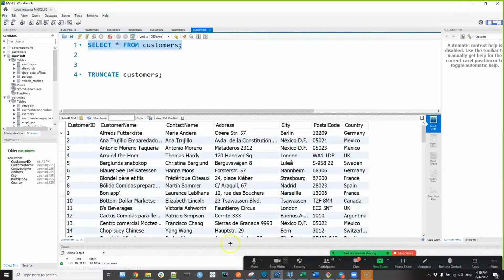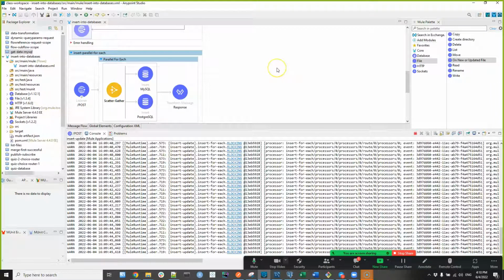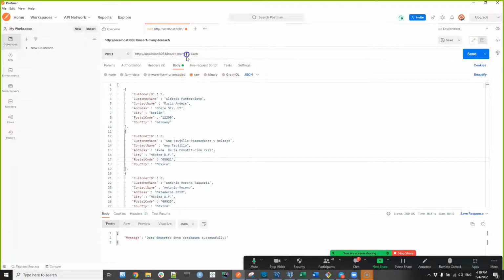The other flow we have is parallel for each. In our case, they don't have much difference. Even the parallel for each could take more time than for each when you have less data. We will experiment in our next class which one to use based on the data size we have. But here, I replaced the for each with parallel for each, and the path I have is p for each. So come here, add p here,